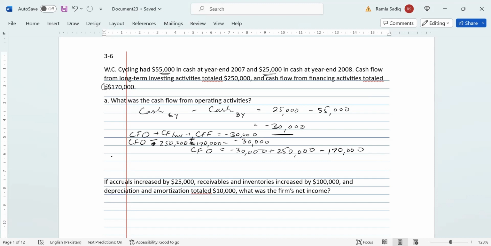So negative 30 and negative 170 is 200, and 250 minus 200 will give us $50,000 in cash flow from